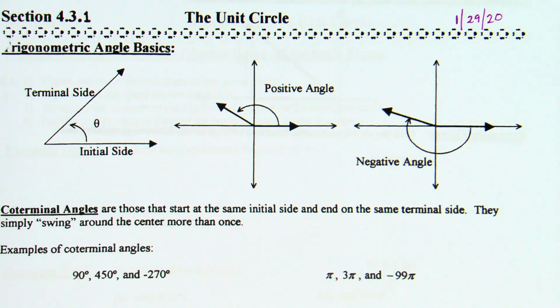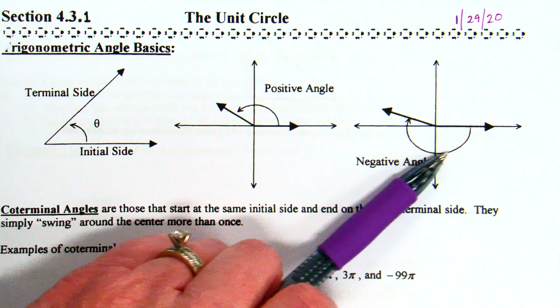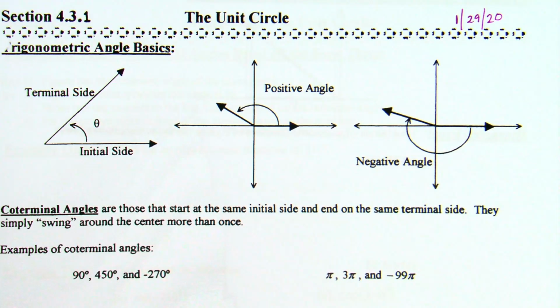Keep in mind, if over here on a positive angle, I go from the positive direction and I get to say 150, but if over here I go from the negative direction, we would call it negative 210. 150 and negative 210 are the same angle, just going from different directions. That's what we're going to talk about, that all these angles have multiple names. They all have a basic name, like between 0 and 360. But then there's also multiple ways to get them. And so you'll notice the vocabulary there of